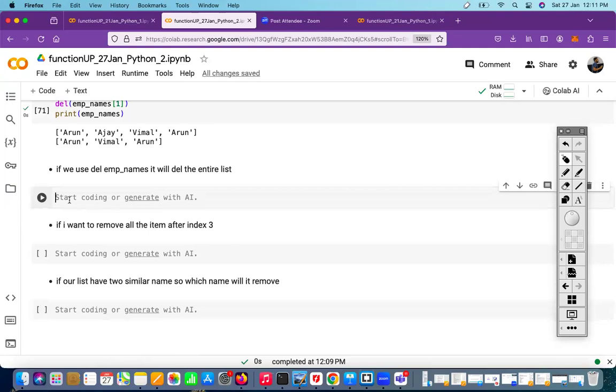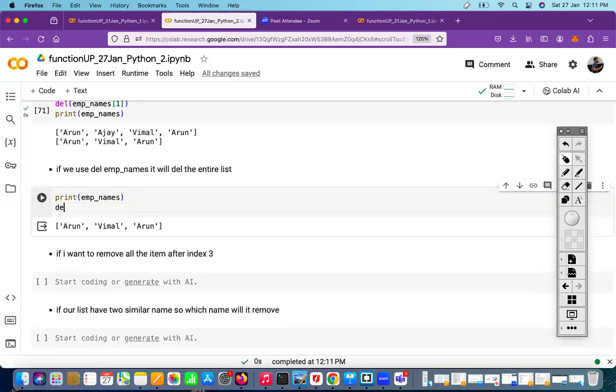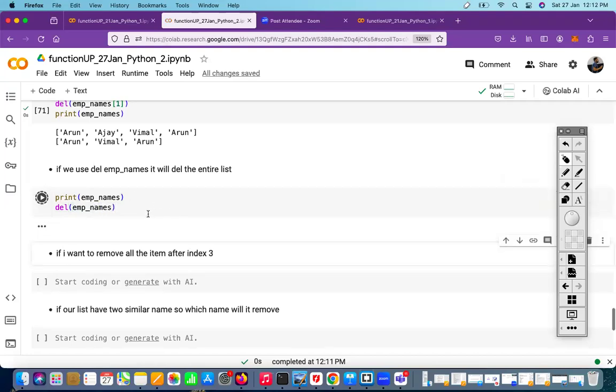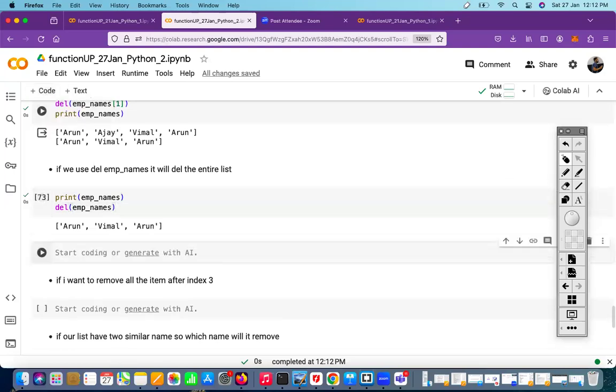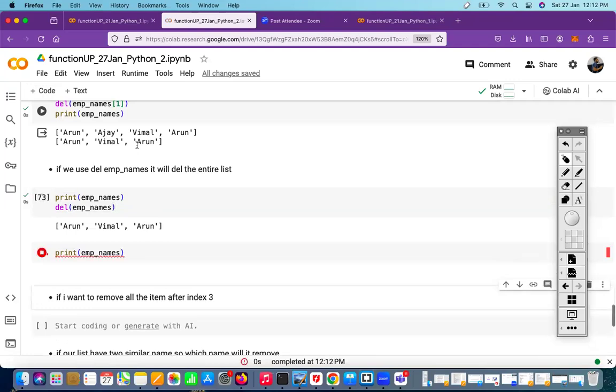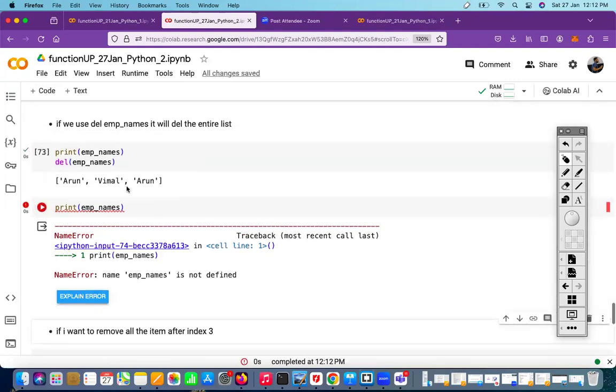If you use delete EMP names, it will delete the entire list. Correct. ऐसे फॉर एग्जाम्पल आपके पास EMP नेम्स है ना? अगर आप यहाँ पे डिलीट EMP नेम्स यूज करते हो, so this will erase it from the memory. Now see there is nothing. It will raise an error. अब ये एरर आ रहा है, क्यों आ रहा है? क्योंकि आपने डिलीट कर दिया। ठीक है।